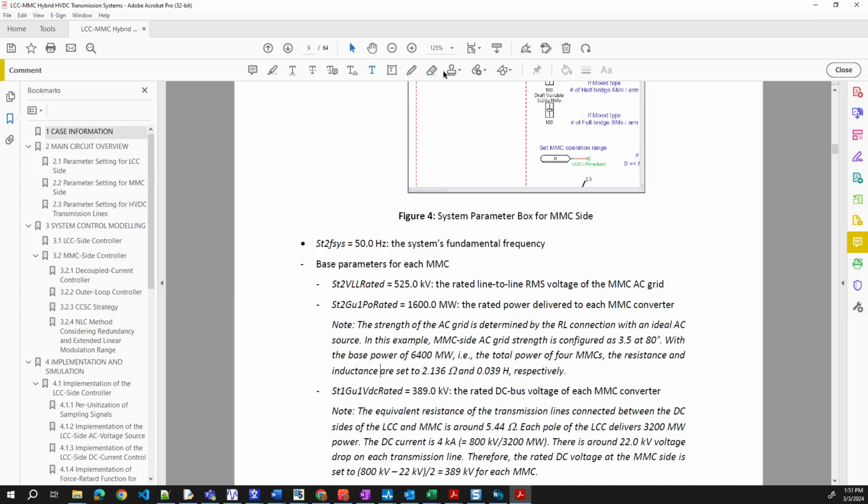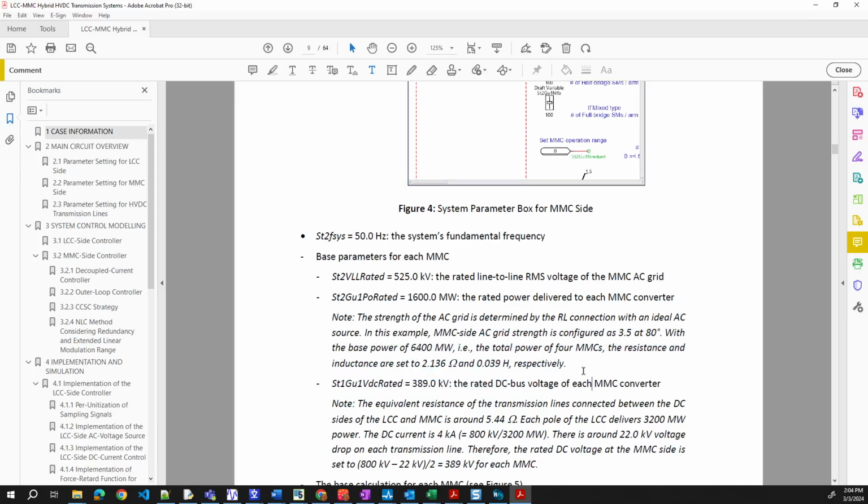So in this case, I want to highlight one more time the 80 degrees variance value, Rx, X, XR ratio.